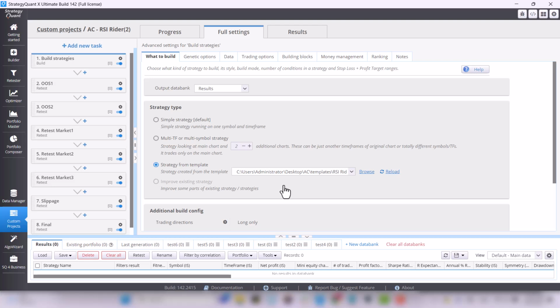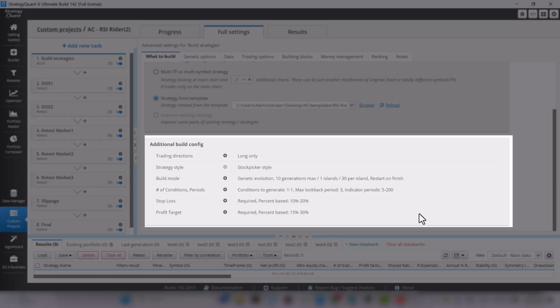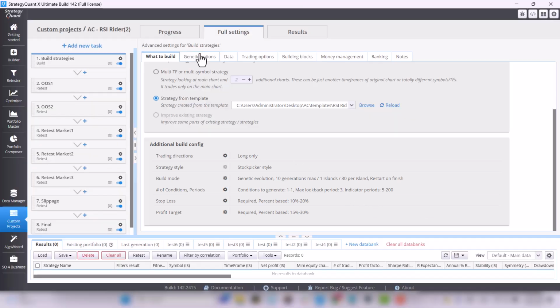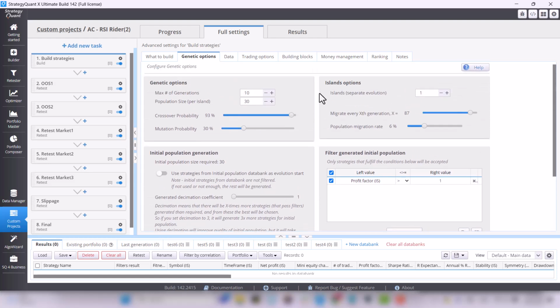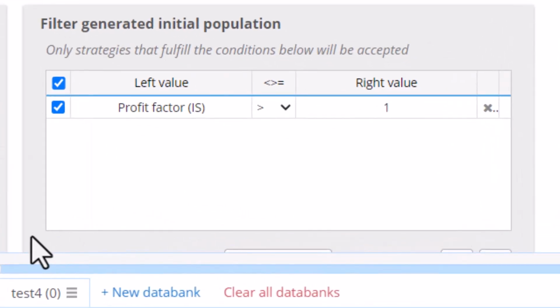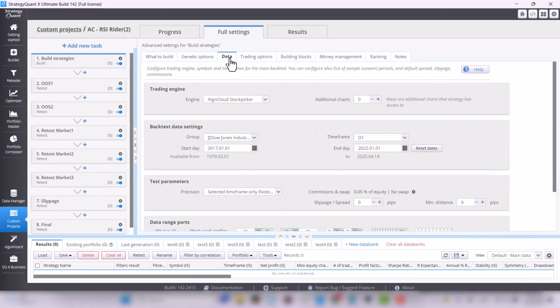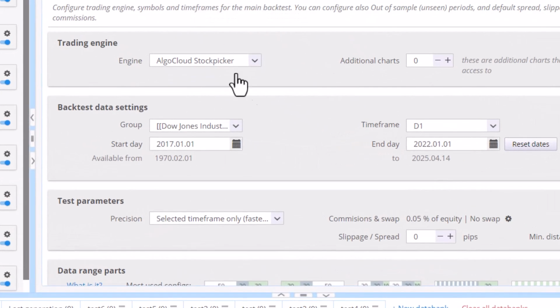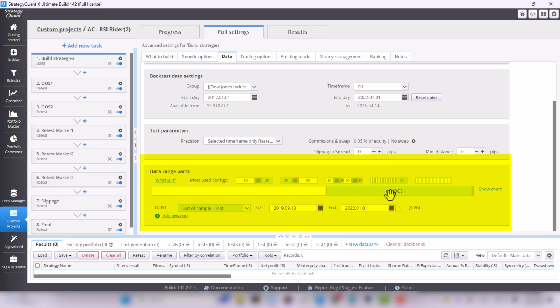There are also a number of other settings that we have selected as recommended. Then in the Genetic Options tab, you can see that we are looking for strategies that are profitable in the so-called ensemble. In the Data tab, you can see that we are generating strategies on a smaller sample of data, and in this table, you can see the in-sample and out-of-sample parts where we want the strategy to work on unused data as well.